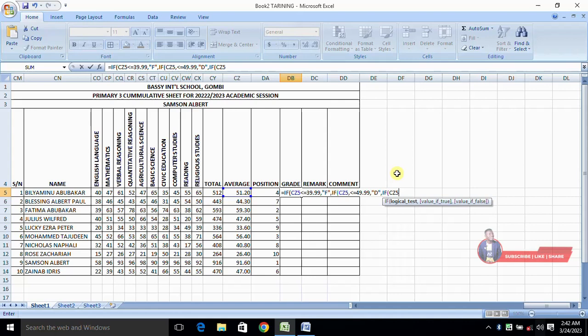CZ5. How can you know that this thing is working? If you can see the color of the open bracket you are doing, in short, when you finish, if you have any mistake, Excel will show you that. So if CZ5 is less than or equals to 59.99, comma, open double quotation, type C, close quotation, comma, another condition again, if open bracket CZ5 is less than